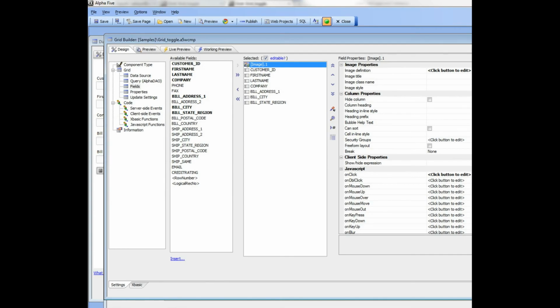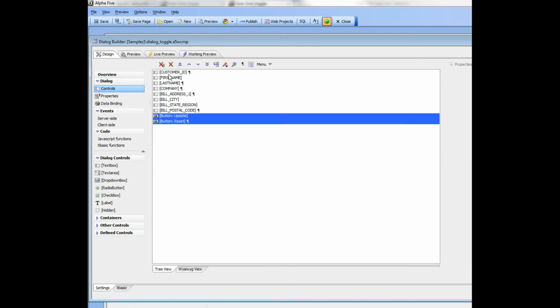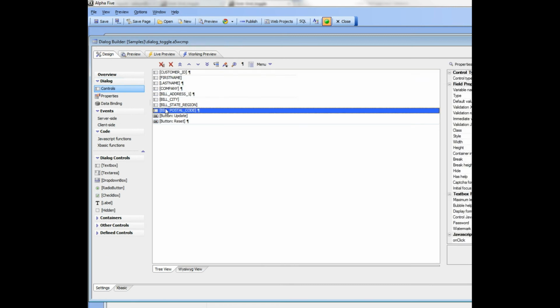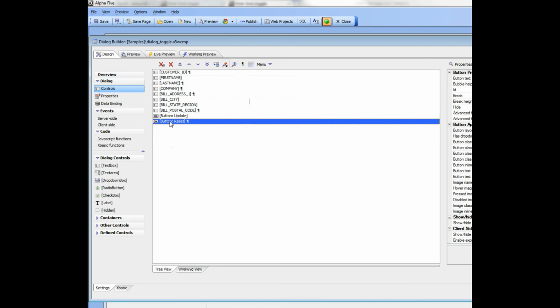So first we can see here that we have a dialog component that has all of the controls that we want. Now we have not bound this dialog component to data, because this dialog is not responsible for saving data to the underlying table. The dialog is just acting as an alternate view of the data in the grid that is currently being edited. And then you can see here we have these two buttons called update and reset, which are